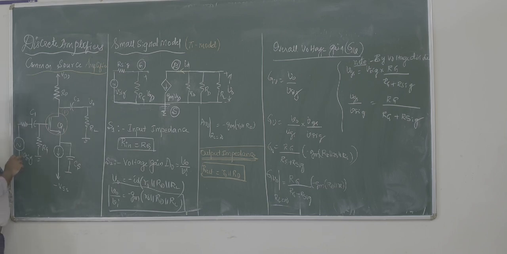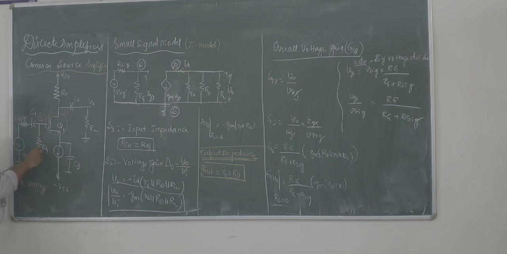The input to the circuit is given at the gate terminal. The input we call VG. This is an AC voltage, from a source which has an internal impedance of RG, through a coupling capacitor C1. C1 and C2 form the coupling capacitors: one capacitor to couple the input, one more capacitor to couple the output side.